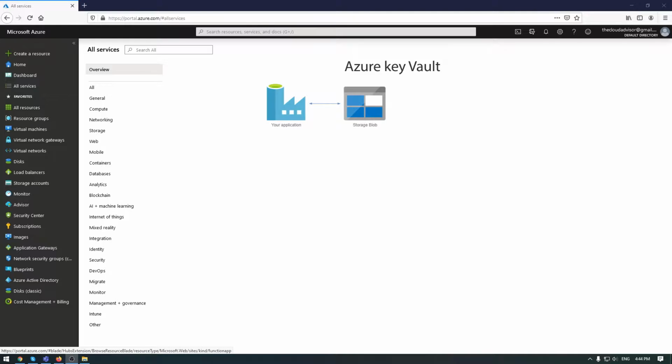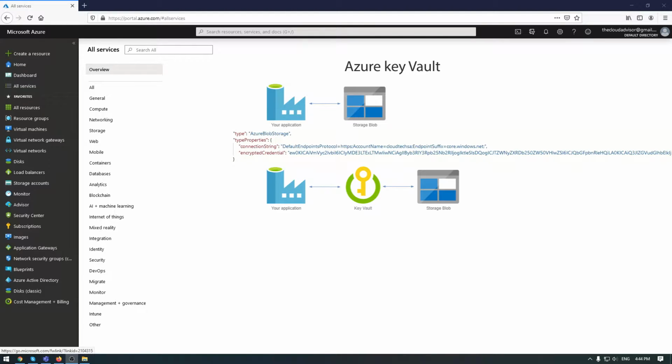Usually when we want to connect to the storage account from our application, the connection string looks as below. Even if we have an encrypted credential, the key of your storage account could be compromised. Another way is to use a Key Vault secret when you try to connect to your storage account, and the connection looks completely different. You will have a reference to the Key Vault and a secret. The connection string will be inside of your secret and you are safe. So let's proceed to a demo.